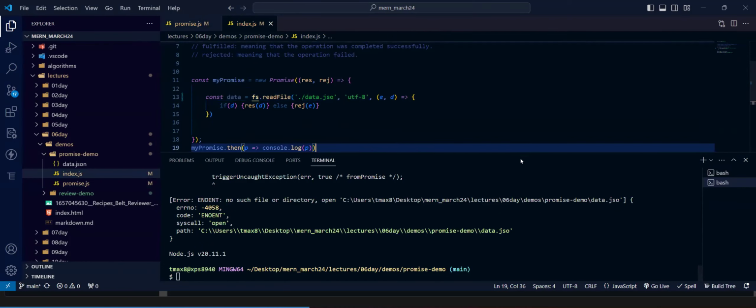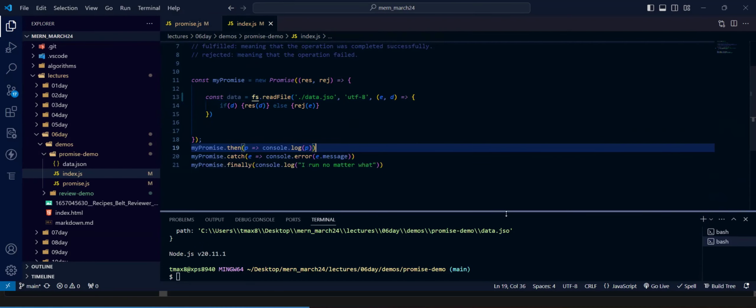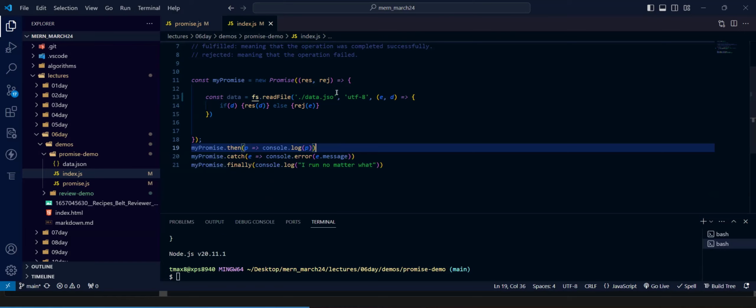Okay, so this is a more realistic example, the way a promise would actually be used in practice. You're going to do some sort of asynchronous operation, and if it works, you're going to return resolved. If it rejects, you're going to return reject. Any questions about promises? We're going to talk more about it if it's not crystal clear. We're going to show how they're actually used in practice.